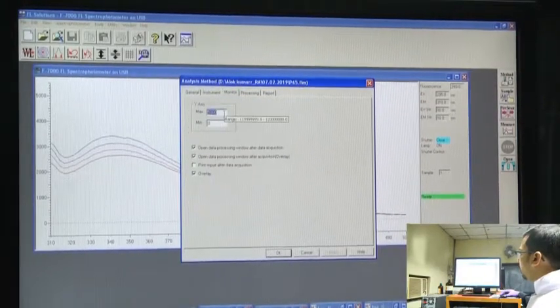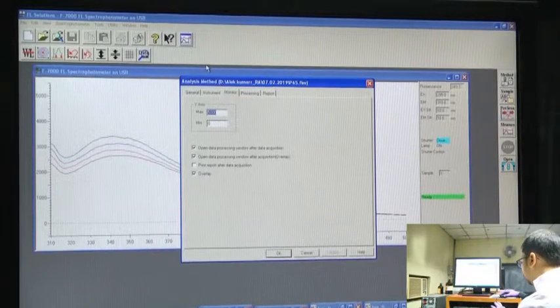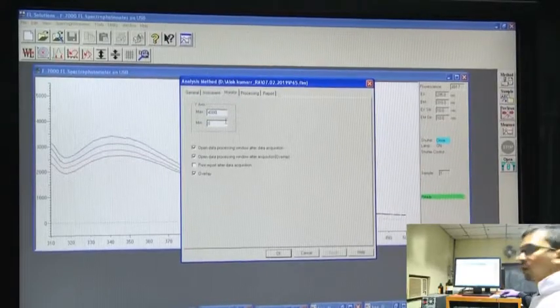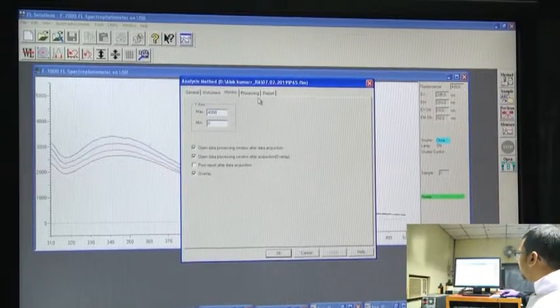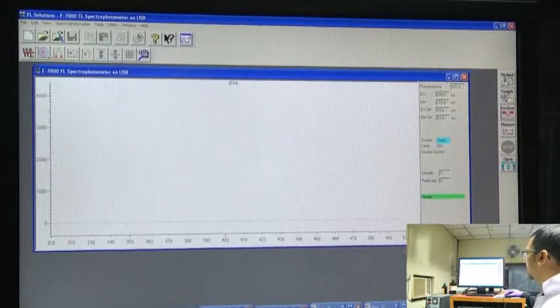In the monitor part, we can adjust this value to a lower value, around 4000, since we are doing the control, and keep the rest the same. Let us press OK. It is better to start the control from a fresh spectrum page.